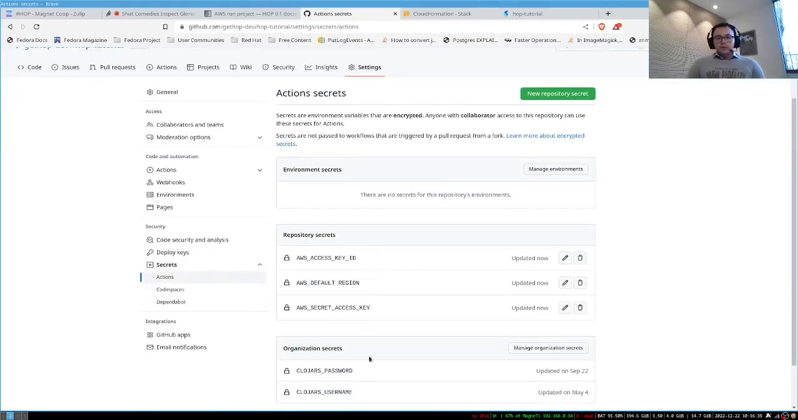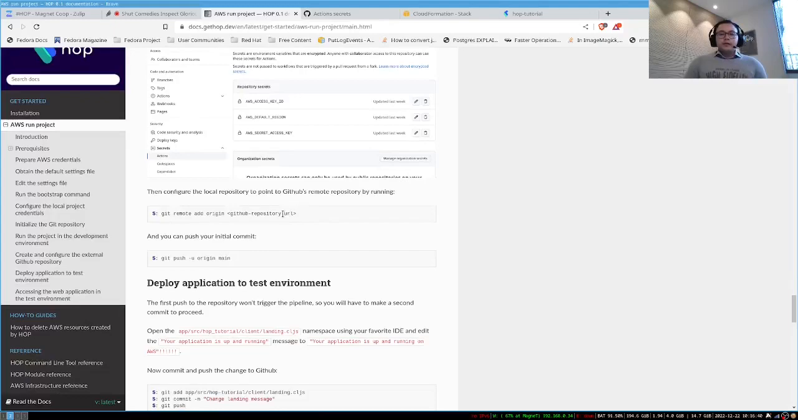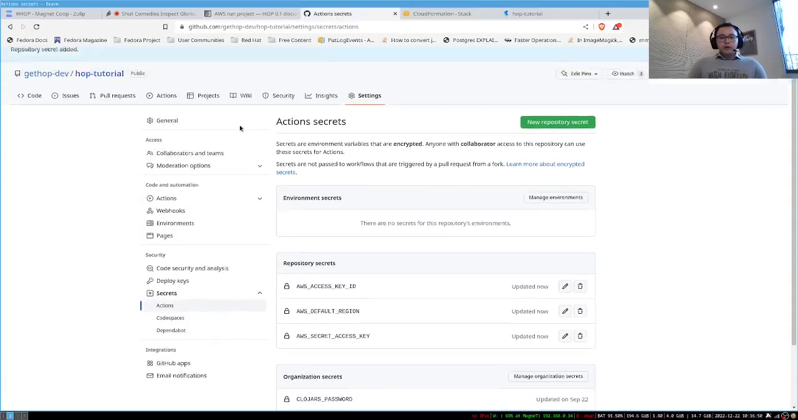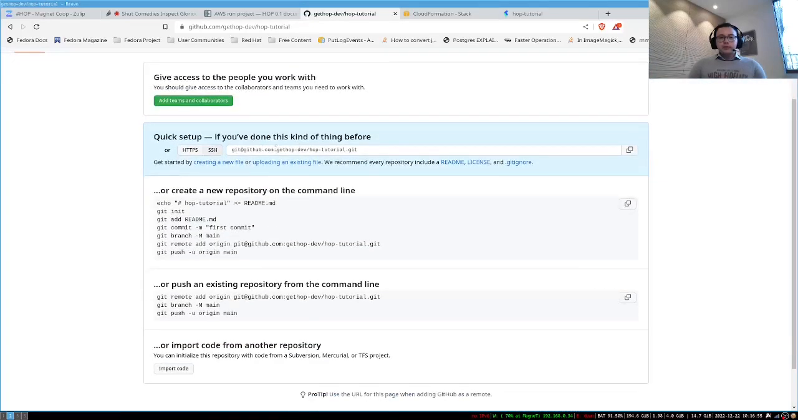Okay, so now we are done adding the credentials to the repository. And once you've done that, next step is to point our local repository to the remote one. So what we're going to do is go back to our repository's main page, and here you will need the URL for the repository. Okay, so in this case, I'll copy this one,